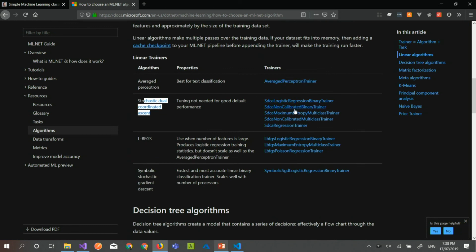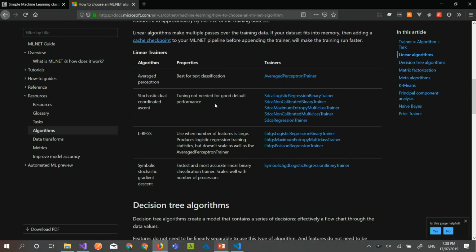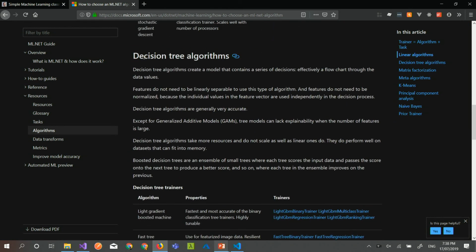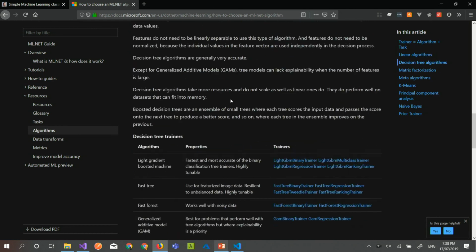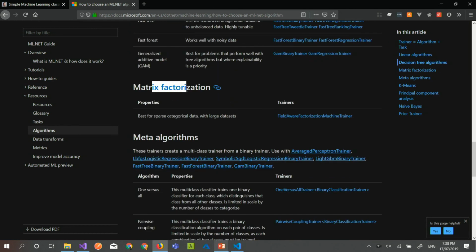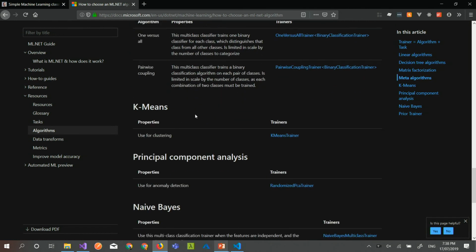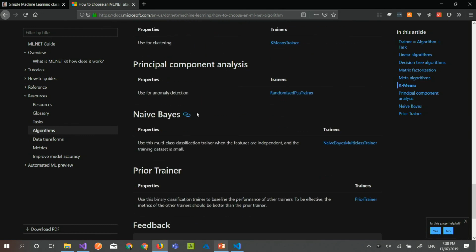You can look up what they do, and they even tell you which trainers are using decision trees, which one uses linear algorithms, which one are matrix factorization and stuff like that. So you can then really figure out what's going on and what would be the best